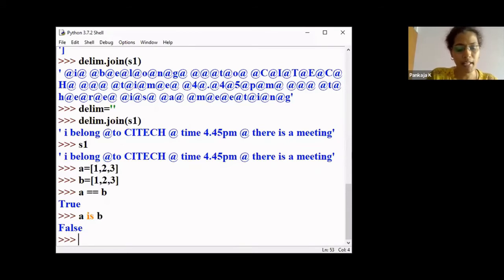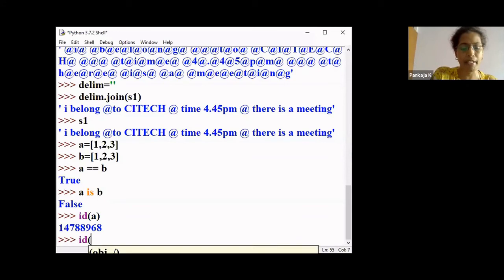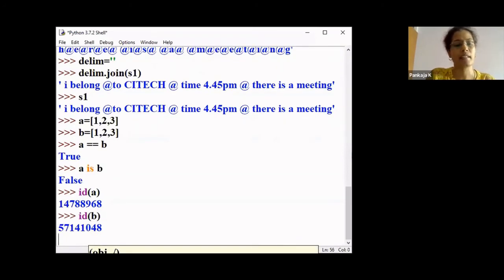For this, I just need to see the address of A. I just need to say ID of A. What is ID of A? We have 147888968. If you observe here, this is the stored address of A. Now if you see ID of B, it is different, right?